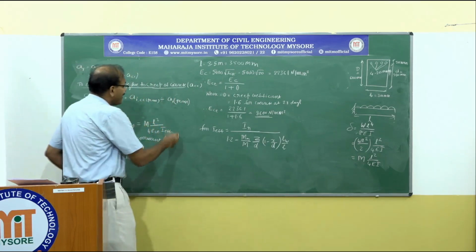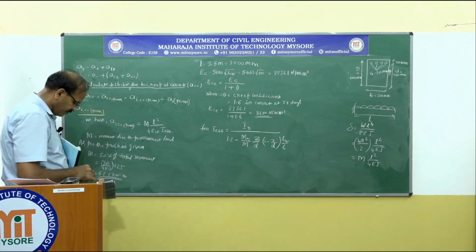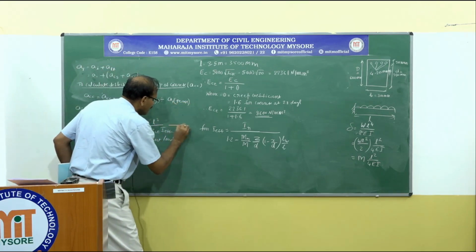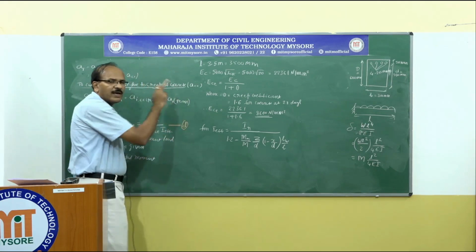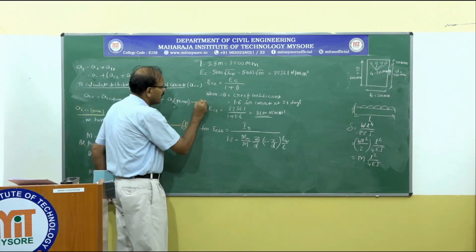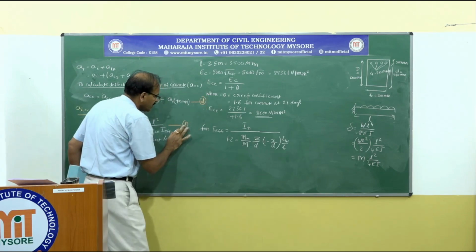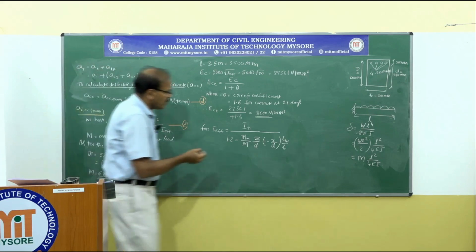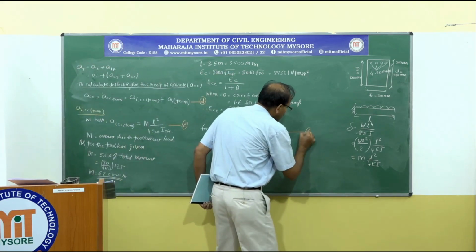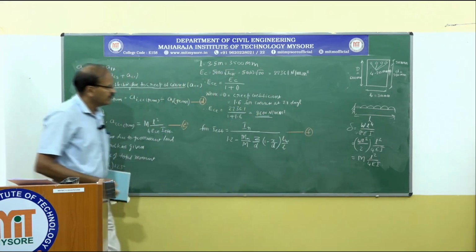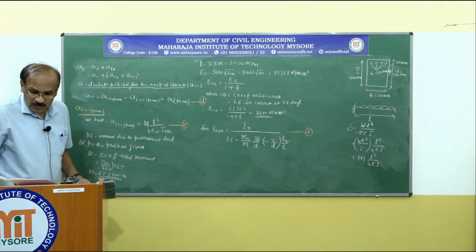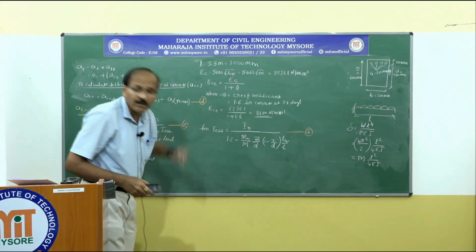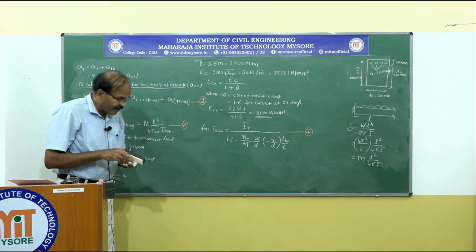So if I call this as equation C, let me call this as equation D. I think A, B, C, I think I call this as equation D. If I call this as equation D, I can call this as equation E. So I am going to call this as equation F. Okay. So coming back to this, what is IR? To find out IR,